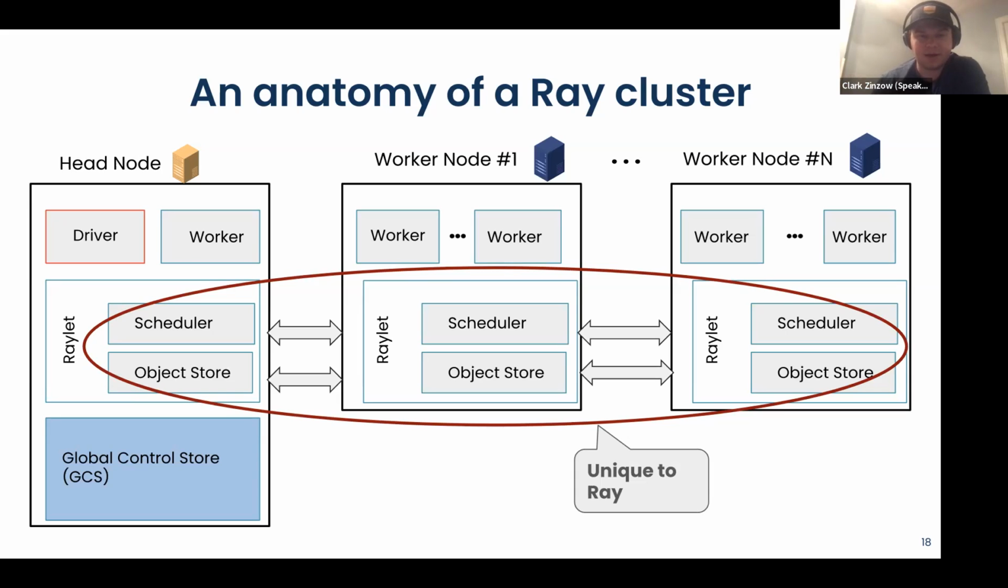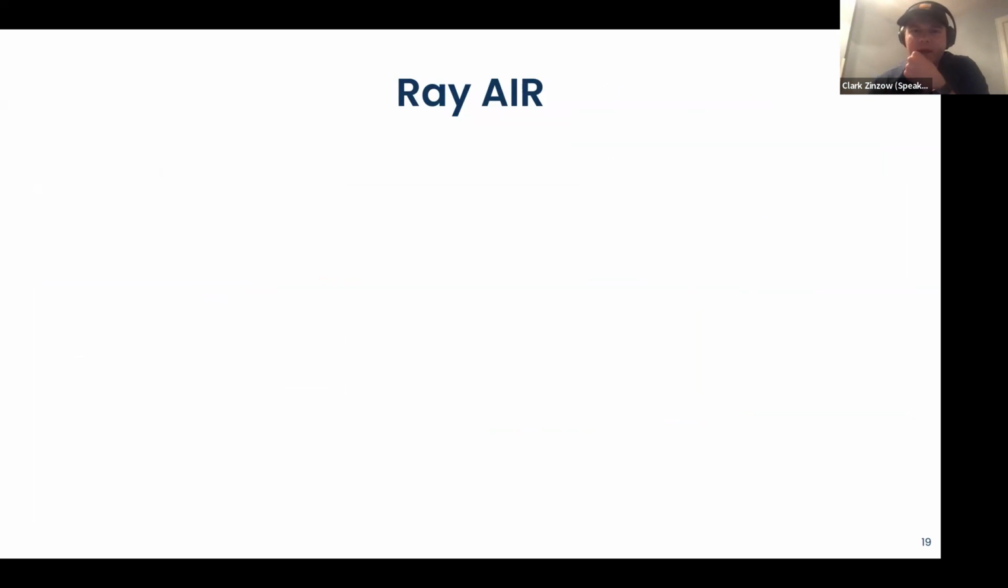And beyond that, we also have this distributed in-memory object store where all of the objects are transferred across the cluster using gRPC. The objects are transferred in parallel. And we're also able to get zero copy references to the underlying data for a lot of common data formats, which can be great when you're sharing data on a single node across multiple workers. It allows for basically no expensive deserialization or expensive data copying. You can just reference it in this shared memory object store. So it's super cool. Now back to Ray Air.